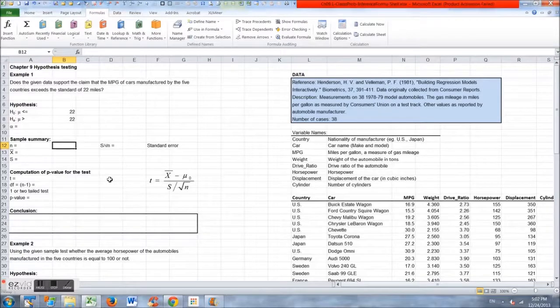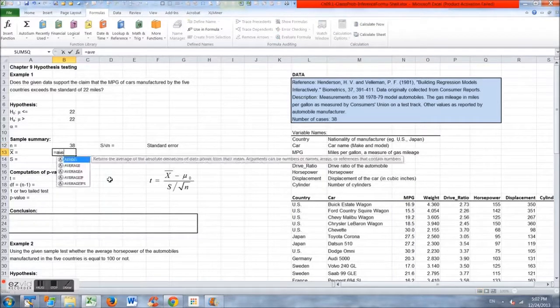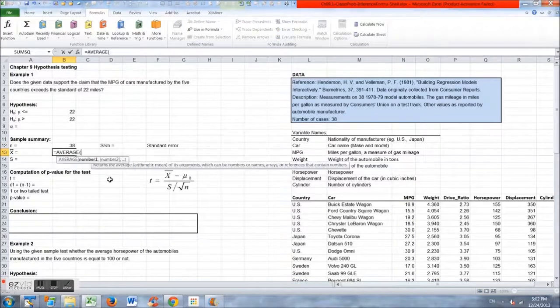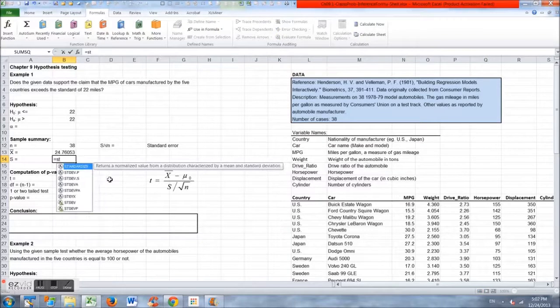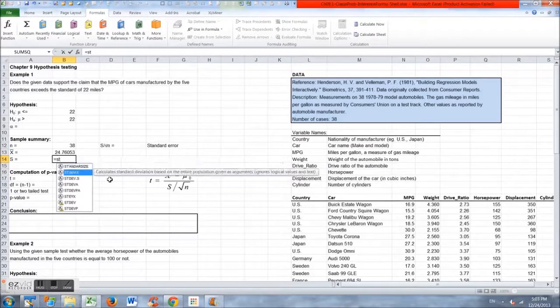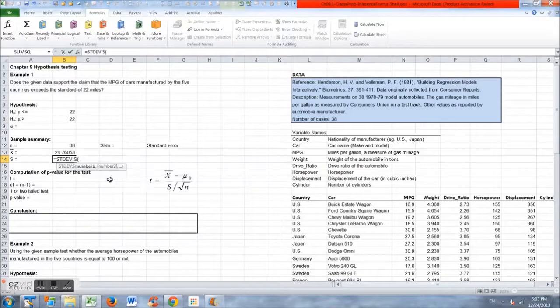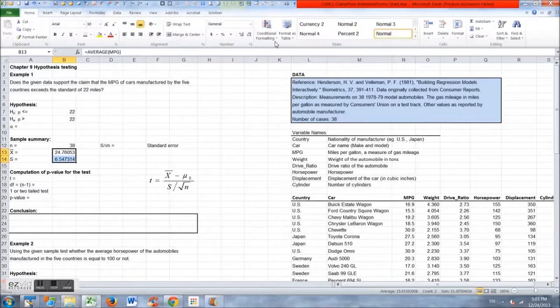So first we want the sample size, and that is count MPG. We need the average value, so we compute average MPG. Then we need the standard deviation, so that will be stdev dot s for sample. Okay. Now the denominator